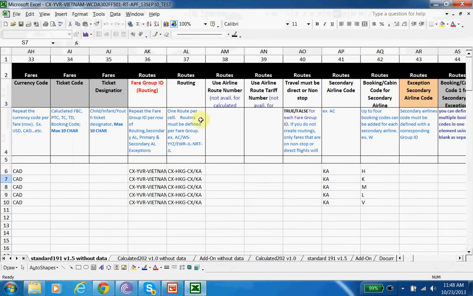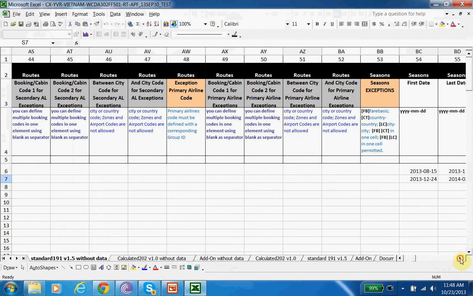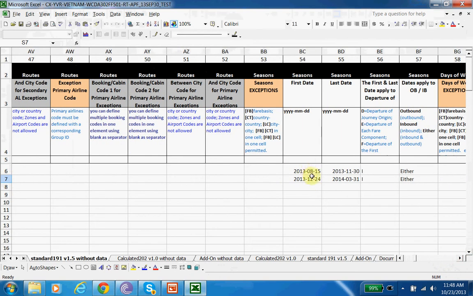Aside from the fares, we also define routings going to Hong Kong first and then taking CX and other interline carriers such as KA with different classes under KA to the destinations. We also define seasons. The seasonalities are August to November, December to March. Aside from these, very few data is further defined since the contract does not call for any specific